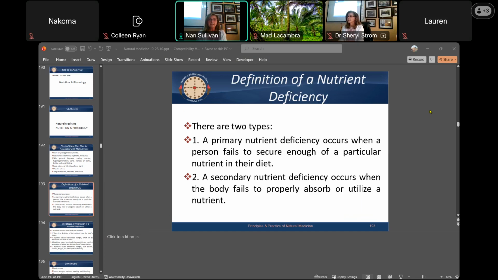And then a secondary nutrient deficiency occurs when the body fails to properly absorb or utilize a nutrient. So when Cheryl asked the question about sodium, people eat a lot of foods with sodium. Is the sodium actually being absorbed? My educated guess is that it's not properly being absorbed, especially if they're eating a lot of the nutrient,